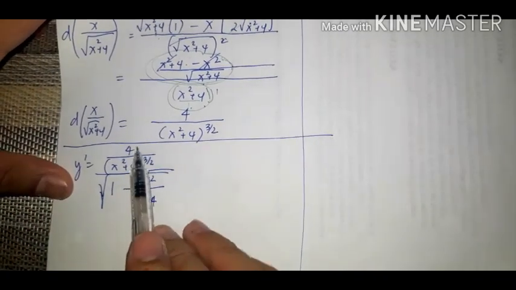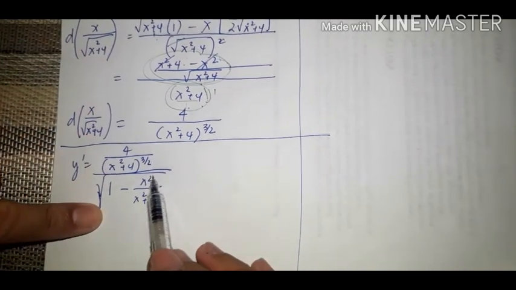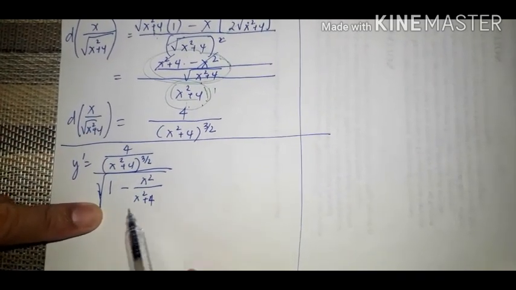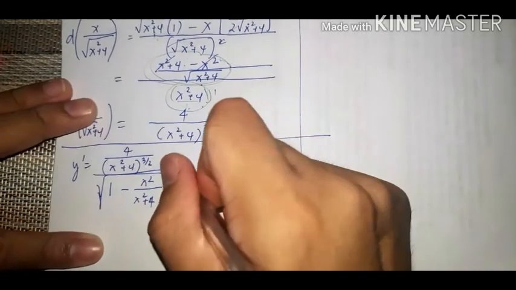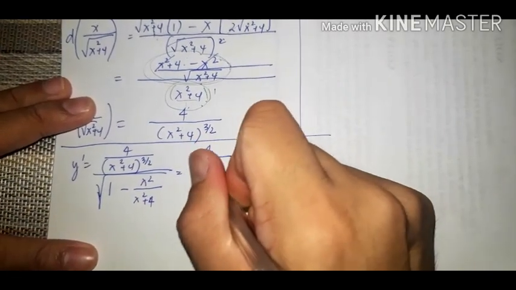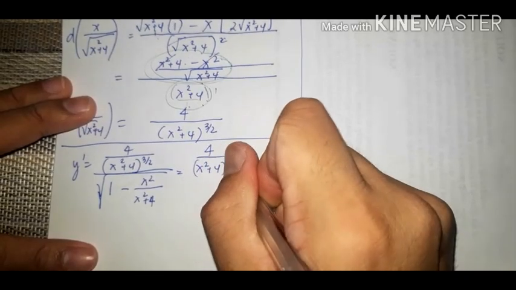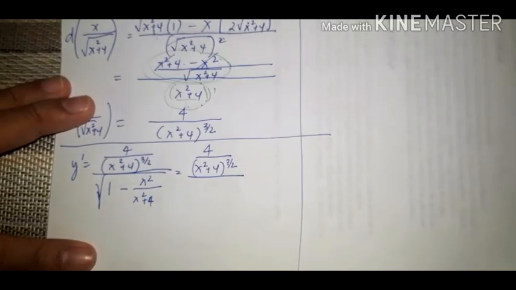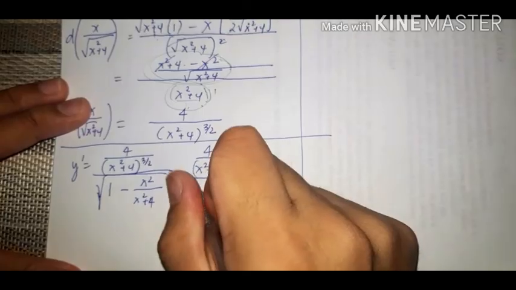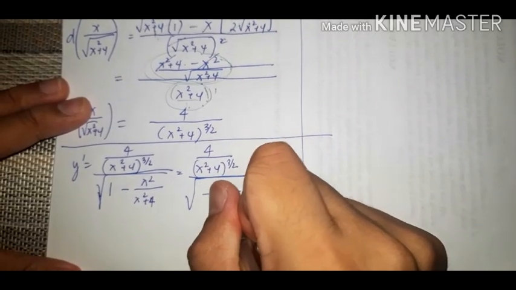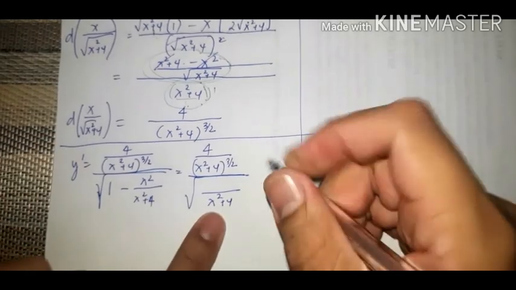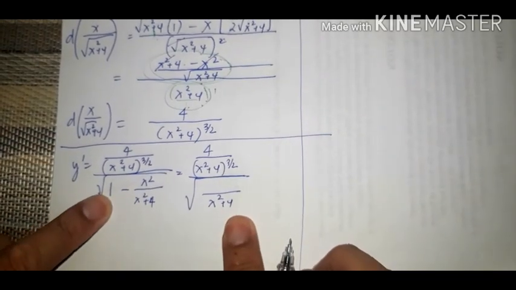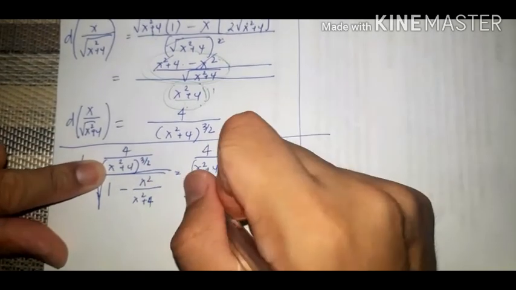So, as you can see, ito na naman ay dissimilar, or isang whole number tsaka isang fraction, pwede natin gamitan ng LCD ulit. So, that's 4 over x squared plus 4 raised to 3 halves over the square root of, ang LCD ay x squared plus 4. So, this x squared plus 4 may over 1 is x squared plus 4 times 1 is x squared plus 4